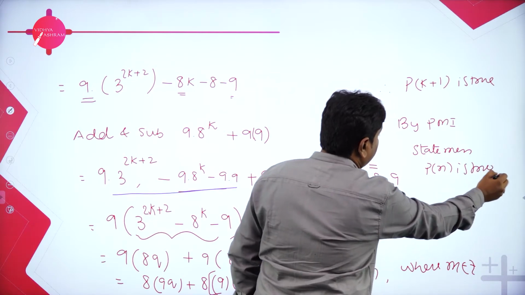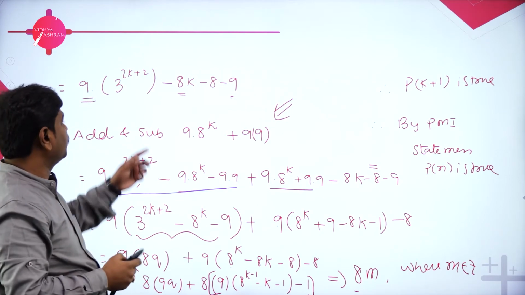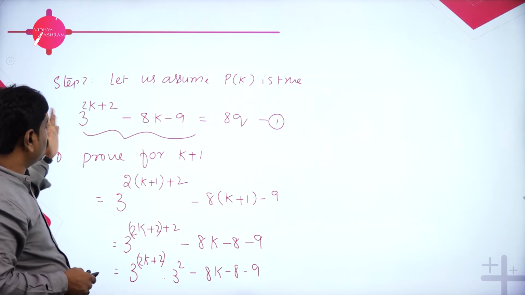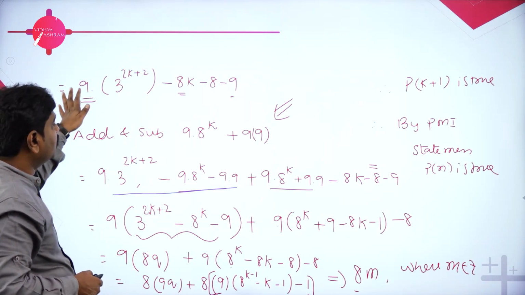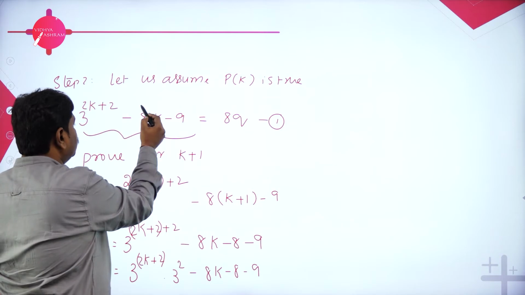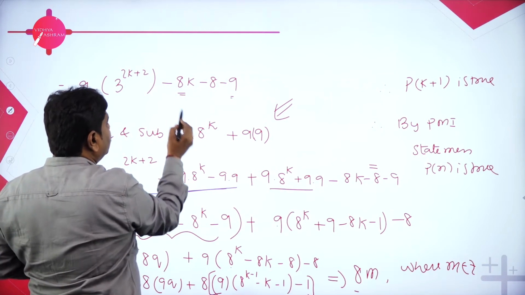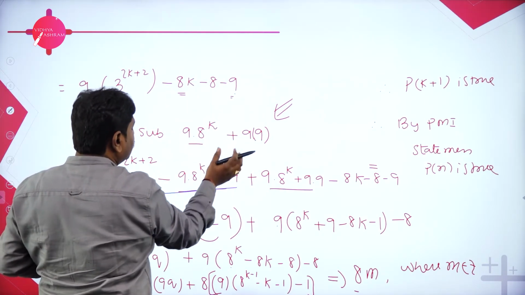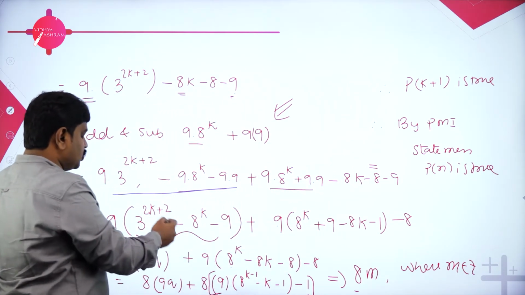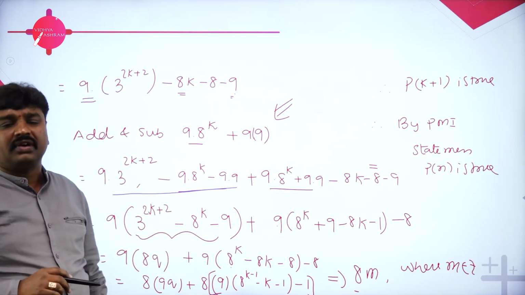See, very interesting part of the problem is this part, adding and subtracting. What you should add and subtract depends on observation. Here, if you see the observation, 3 power 2k plus 2 does not have 9 as quotient. So I should take 9 common from what? But I need the whole equation, means 3 power 2k plus 2, this and this. So I have minus 8k minus 9, but these do not have quotient 9. So I'll introduce 9 times this and 9 times this, subtract and add. First I'll subtract, then I'll add. And remaining part, minus 8, minus 9, I'm retaining. So in these two, take 9 common, remaining every term becomes multiple of 8. So that is how we'll get P of k plus 1.